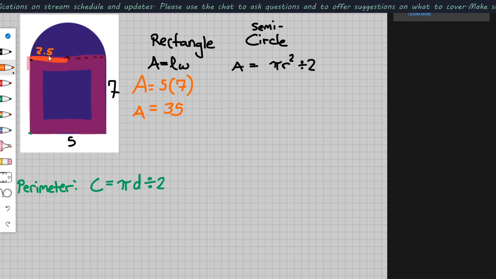And then for the semicircle, the radius is 2.5. That was not originally given, so if you did not watch the video from yesterday, you may think that this was already given to us, and it wasn't. We had to look at this. So the diameter, or straight across, was 5, and since the diameter is 5, the radius is half the diameter, so that's going to be 2.5. So 2.5 is what we're going to use for our radius, so the area of the semicircle is going to be